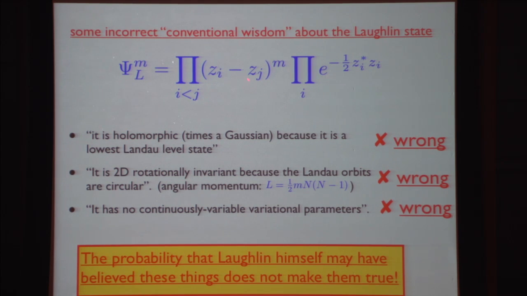And it also has a rotational invariance. This polynomial has a fixed total degree. And so again, the received wisdom is that, well, it's rotationally invariant because the Landau orbits are circular, et cetera, okay? And that's not true either. And the last thing that's not true is that this thing has no continuous variable parameters. This was the remarkable feature about this state when it emerged in 1983. The only parameter that seemed to be variable was this integer topological parameter m, which determines the statistics and the